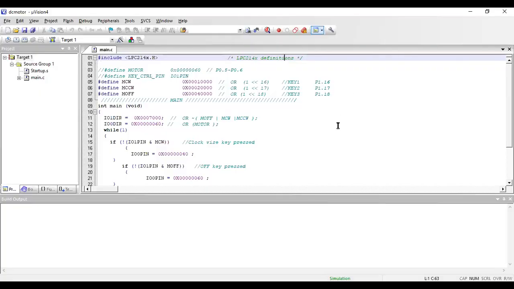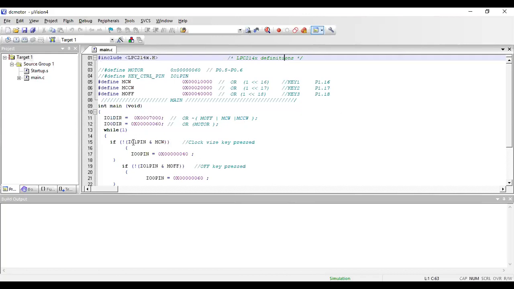So this is the program of the DC motor. In the DC motor program, we have initialized the clockwise direction, anti-clockwise direction and the off state. And IO1DIR is initialized all high, specifying it is performing output operation, and the fifth bit and sixth bit, fourth bit and fifth bit are also specified, it is performing output operation. Now, how exactly does the DC motor rotate?